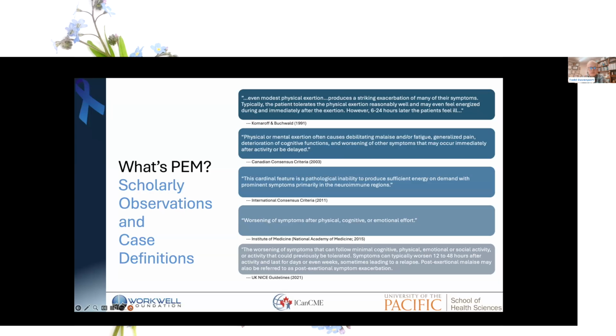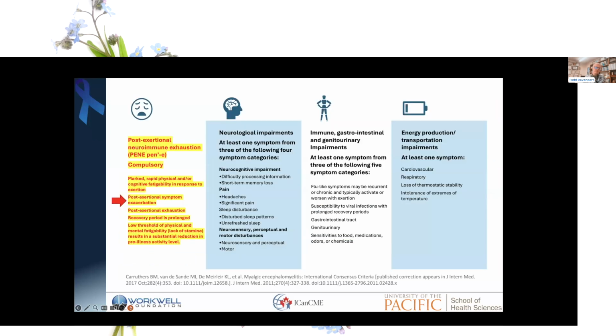Post-exertional malaise, according to the UK NICE guidelines, also can be referred to as post-exertional symptom exacerbation, which we'll unpack and clarify in a couple of slides. So probably the most complete characterization of post-exertional malaise doesn't even call it post-exertional malaise. This is the international consensus criteria that we referred to in the previous slide that actually refers to post-exertional malaise